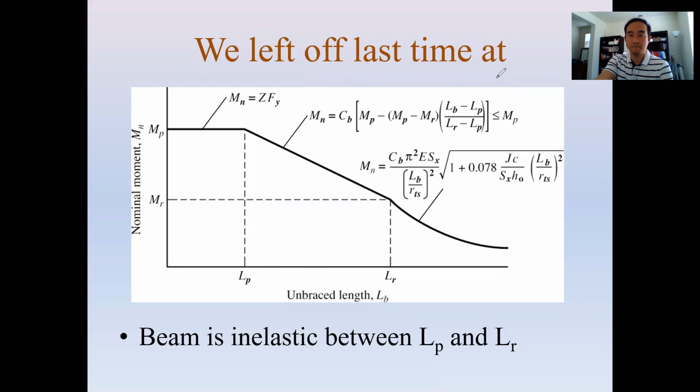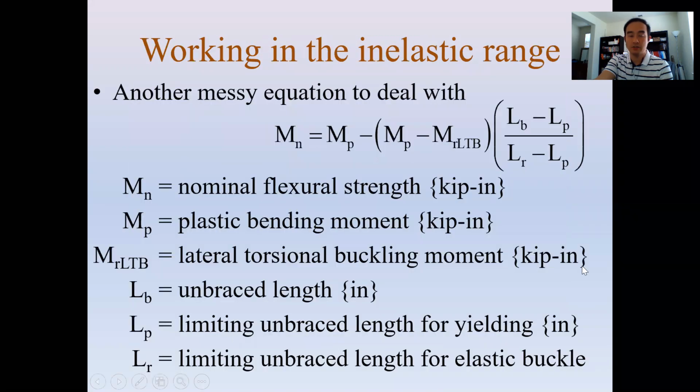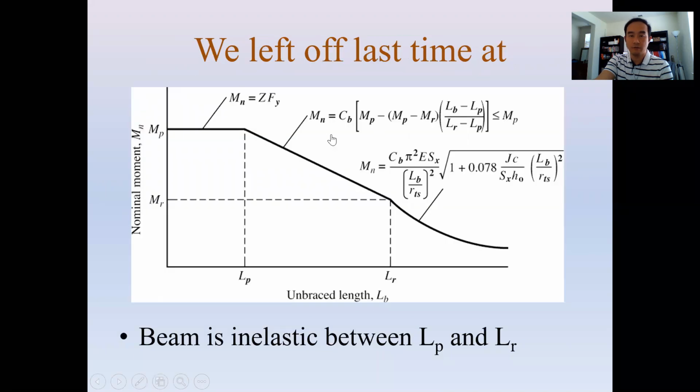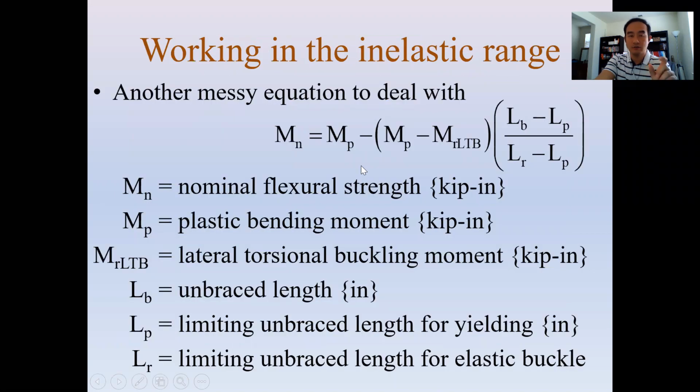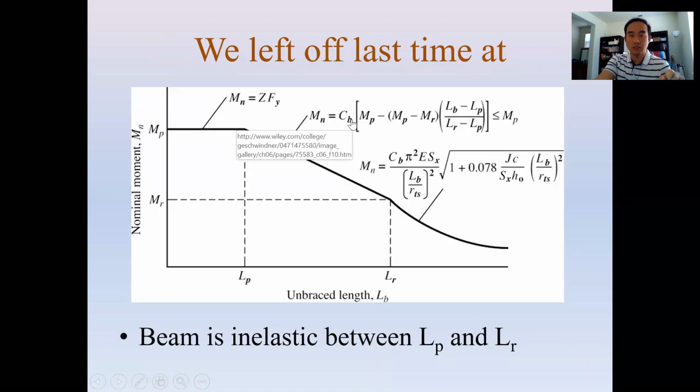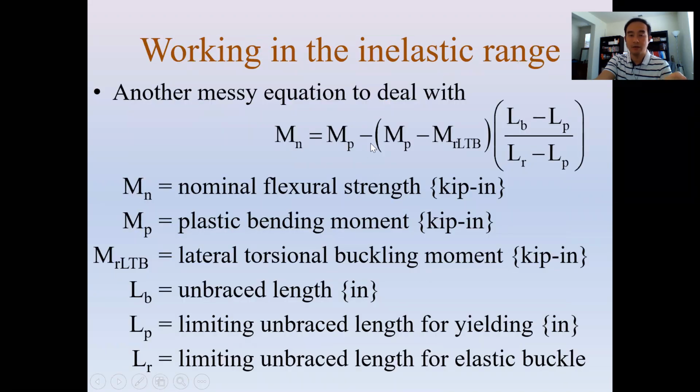All right, so let's go on to the next page. So this is similar to this. The only difference is this C sub B. So let's just forget about C sub B at this moment. We're going to talk about that C sub B factor in a minute, but let's just ignore the C sub B and look at all the expression inside this bracket. Okay, that is MP minus MR times LB minus LP over LR minus LP. I know this is